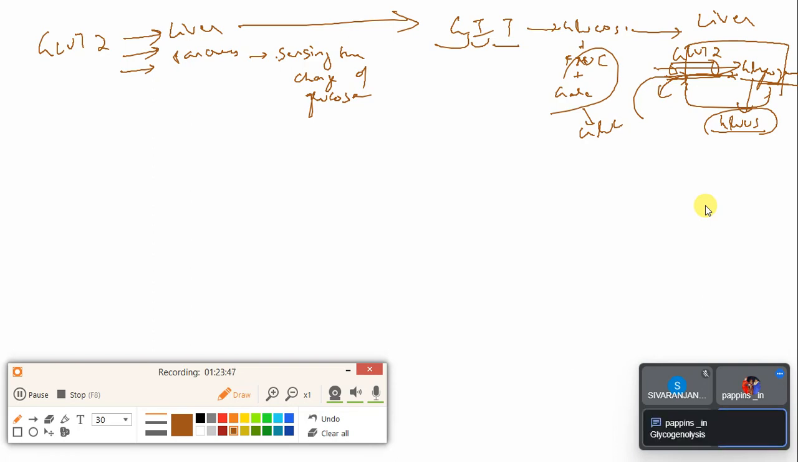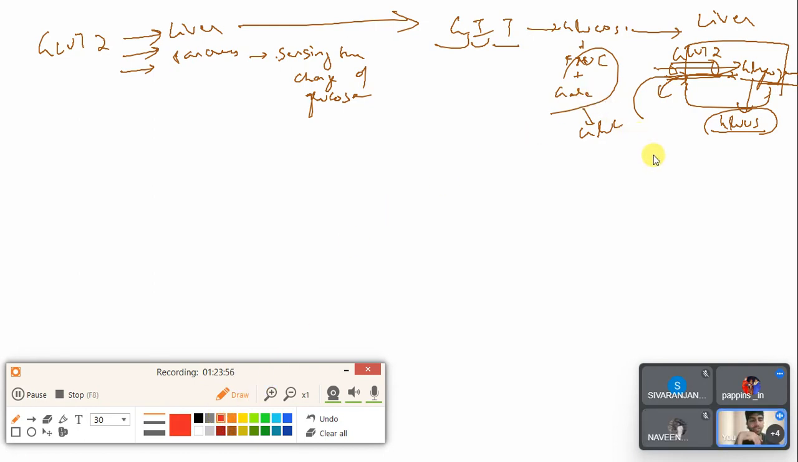Gluconeogenesis. Okay, your Papin is right. It's not gluconeogenesis. It's glycogenolysis. This glycogen itself is a form of glucose. While when we talk about gluconeogenesis,